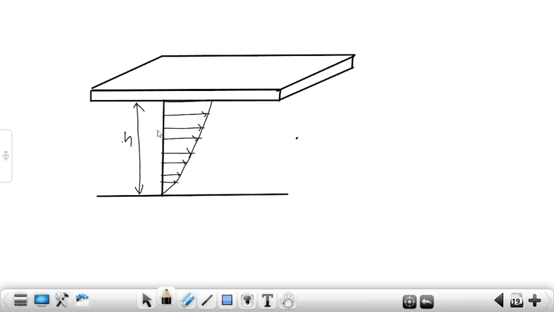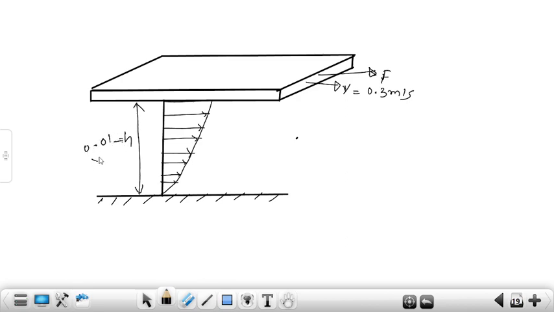This is the distance between the plate and the datum line, and we have to find the power required to pull the plate. Velocity is given as 30 centimeter per second, that means 0.3 meter per second, and the distance given